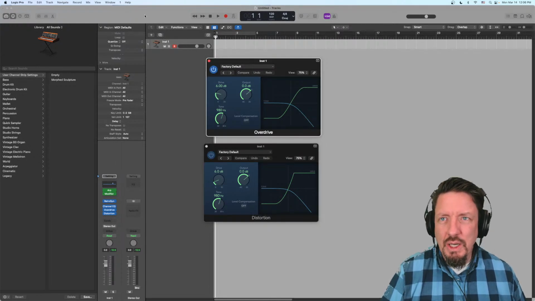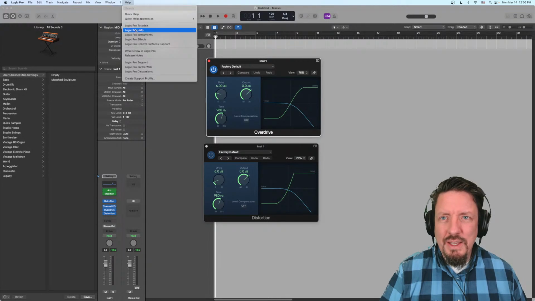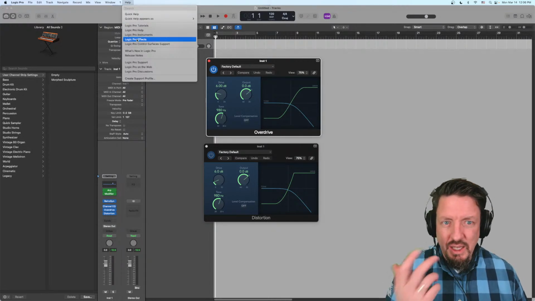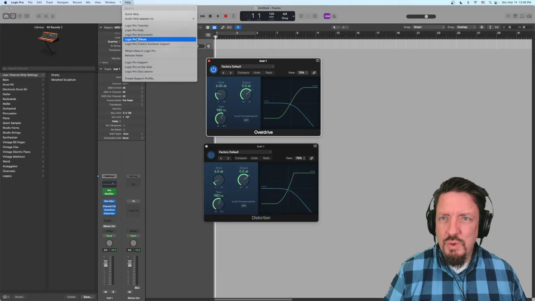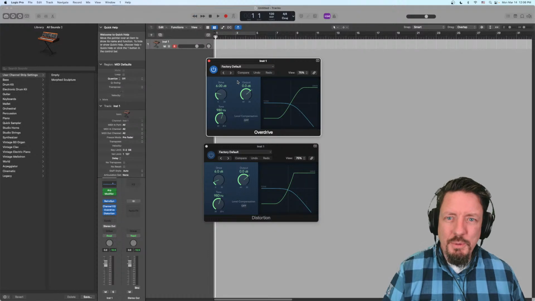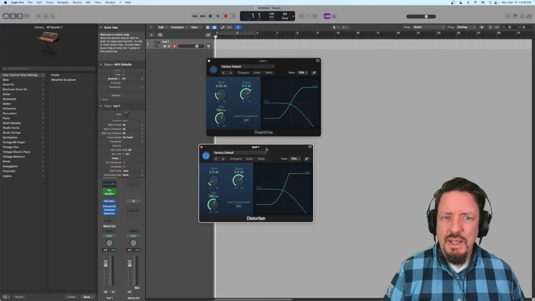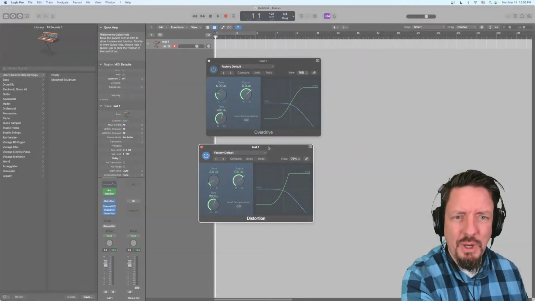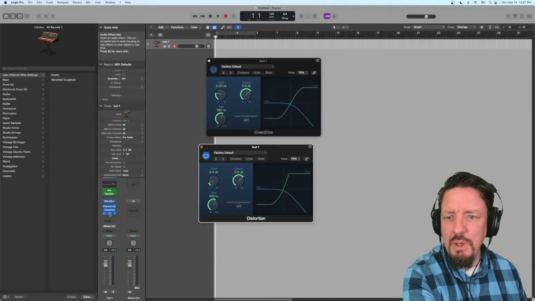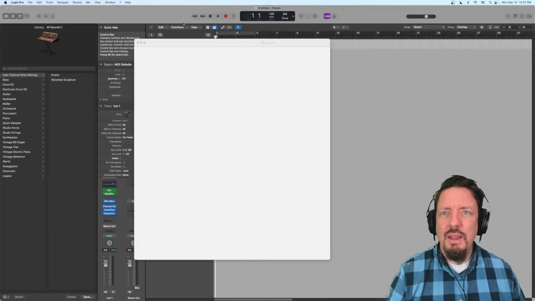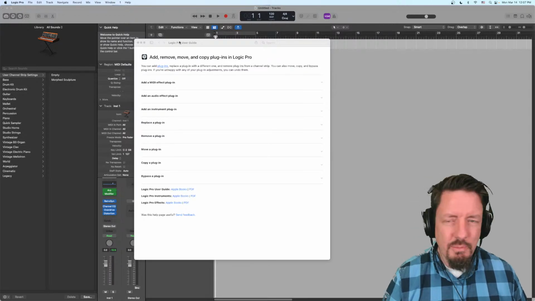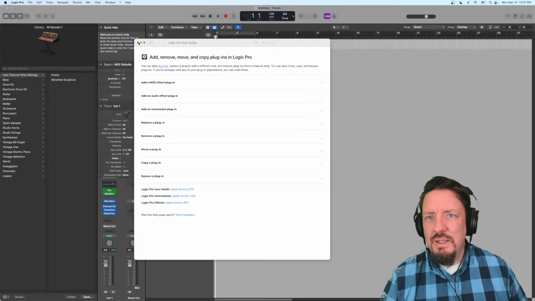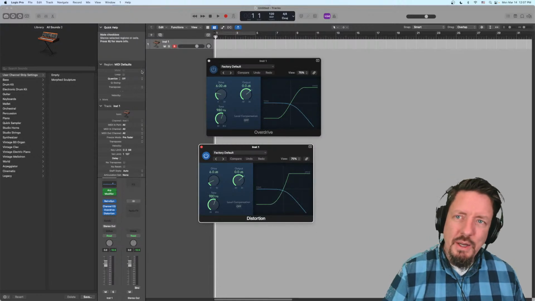If you're ever wondering more about this, so for instance, you wish you knew the difference between these things, you could go to the manual. You could use the quick help to a certain degree, because some of these don't actually show us exactly what's there. But let's see if these pop up. They're actually not popping up with the shortcut, which is Command /. Yeah, so they don't actually pop up. I was thinking they might, but